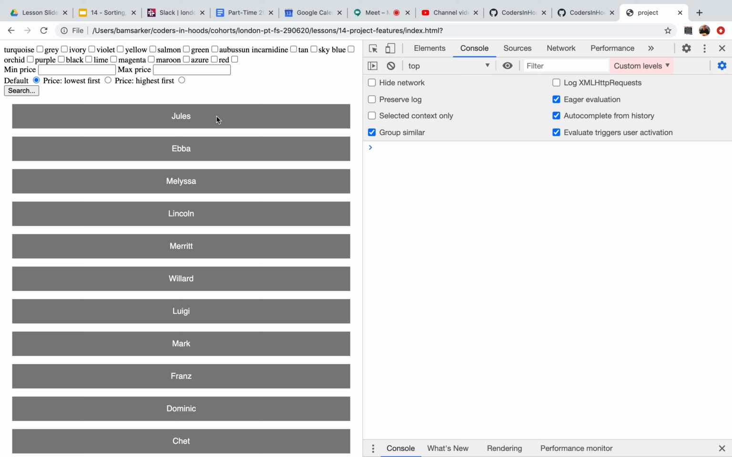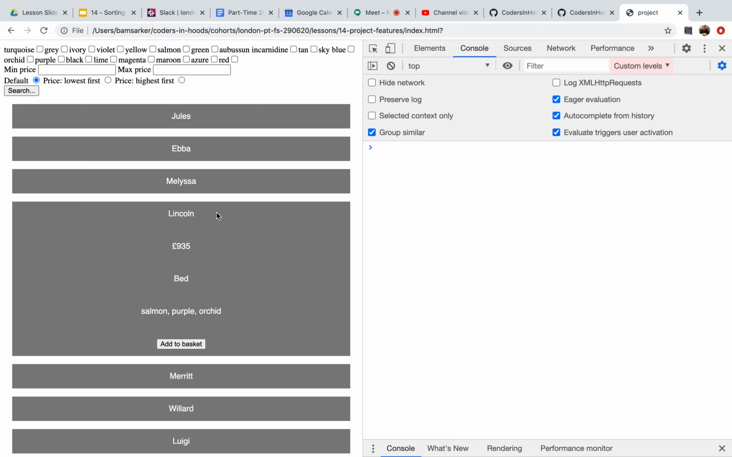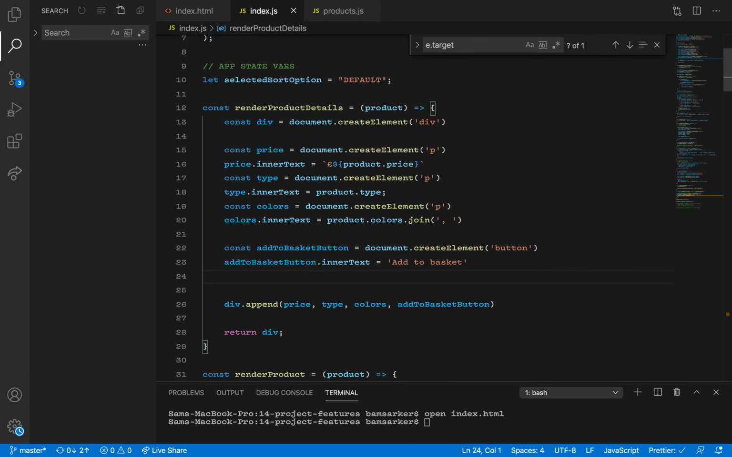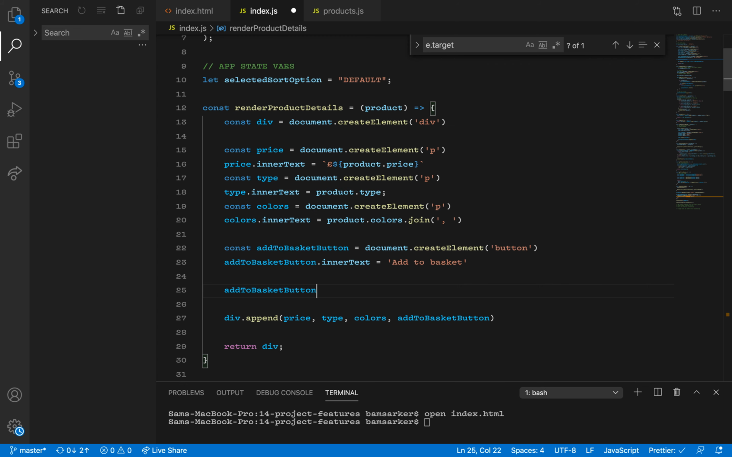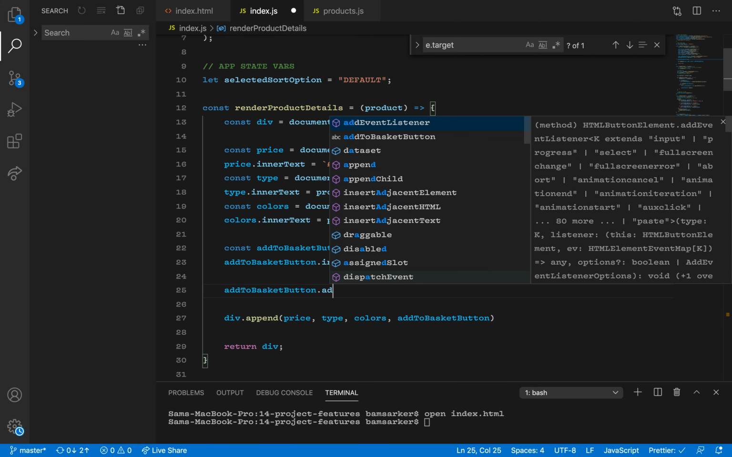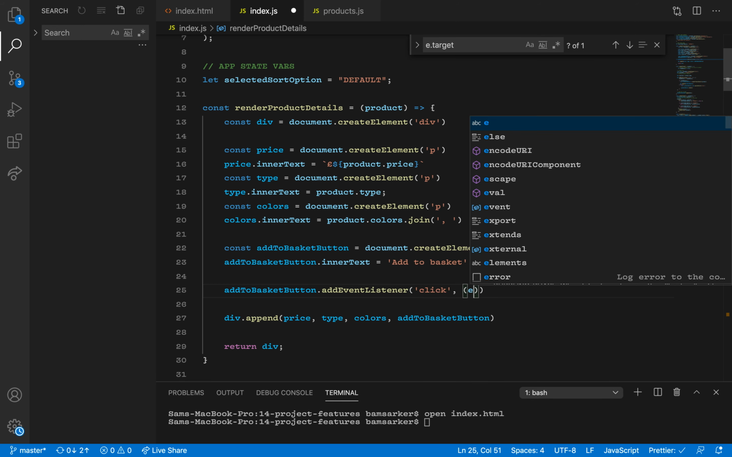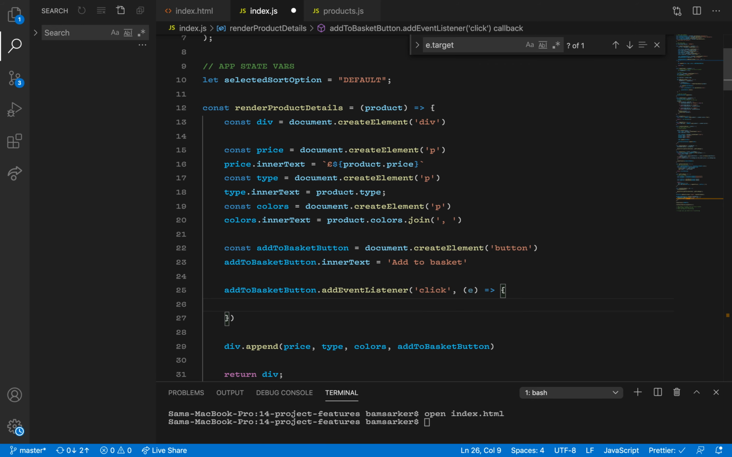Not so great. I suppose you might want it to collapse if a user clicks on add to basket. Personally, I don't really like that. Luckily, in add to basket button, we're adding an event listener on click of that button to add it to our basket, but we can also